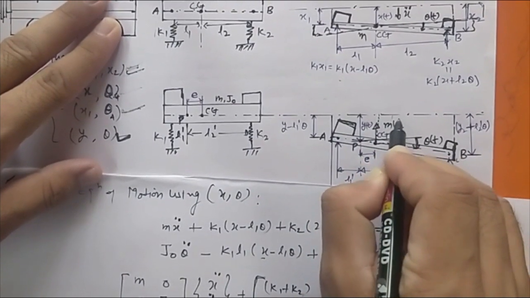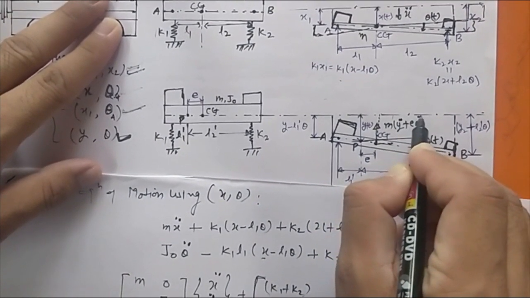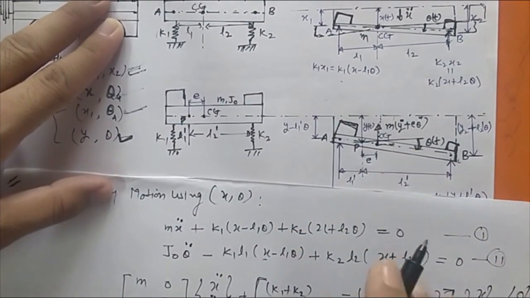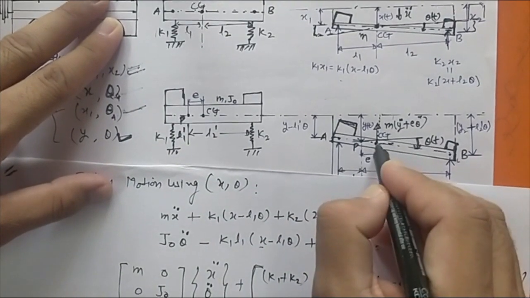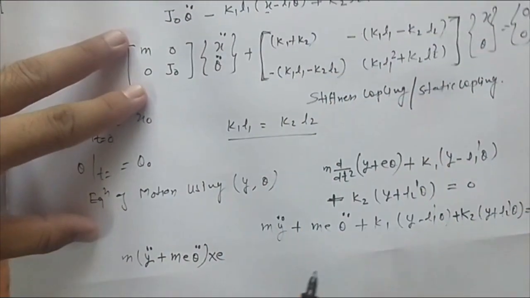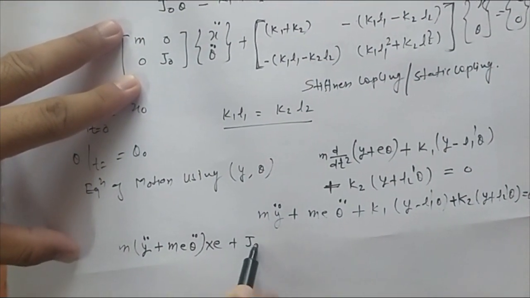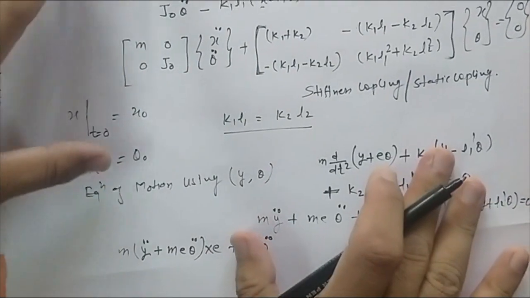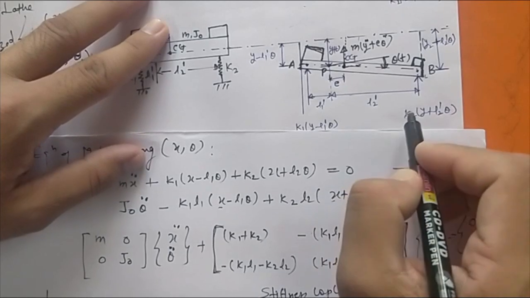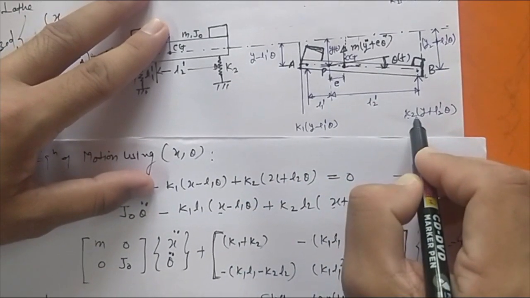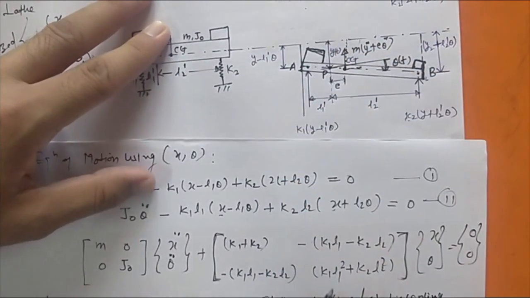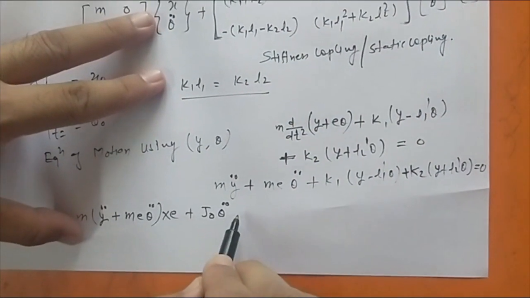This force multiplied by this distance gives one moment, and the second is the rotational inertia about this point, which is J naught theta double dot. So plus J naught theta double dot, and because of the force K2 y plus L2 dash theta multiplied by L2 dash in the anti-clockwise direction, this is also plus